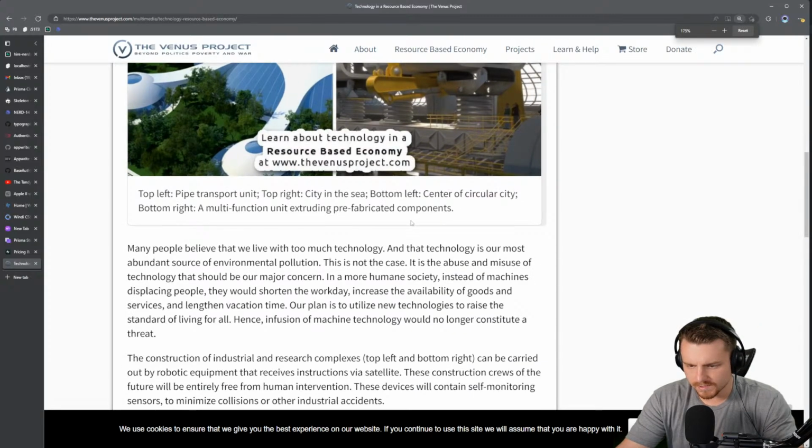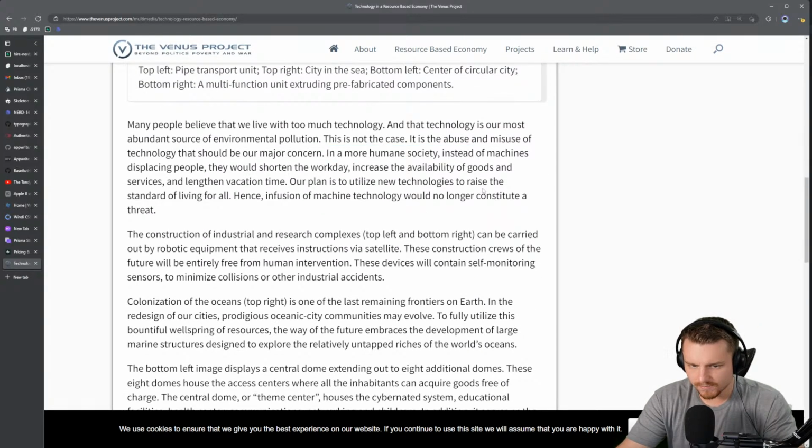Yeah, so this is what I was talking about. In a more humane society, instead of machines displacing people, they would shorten the workday, increase the availability of goods and services, and lengthen vacation time, which would then in turn raise the standard of living for all. So I think people have the wrong mindset when thinking about these technologies. Again, I obviously think it's going to be bad, potentially, but